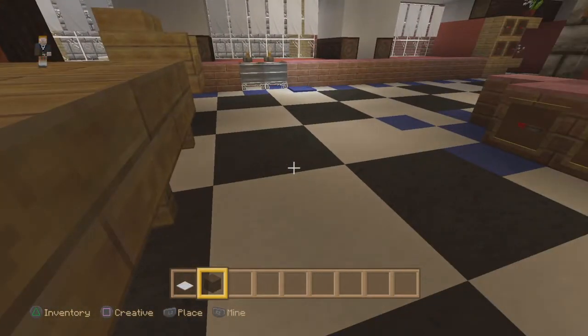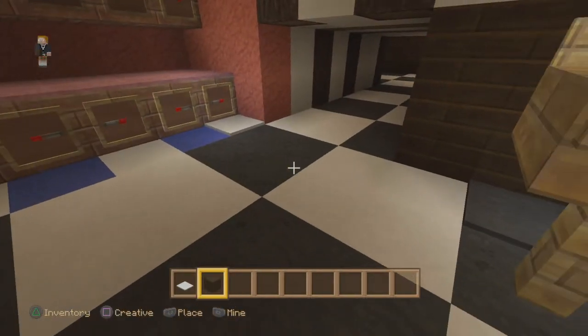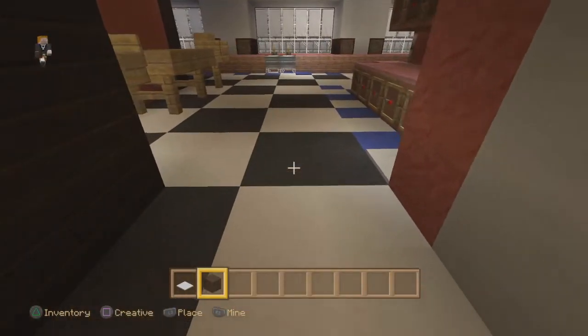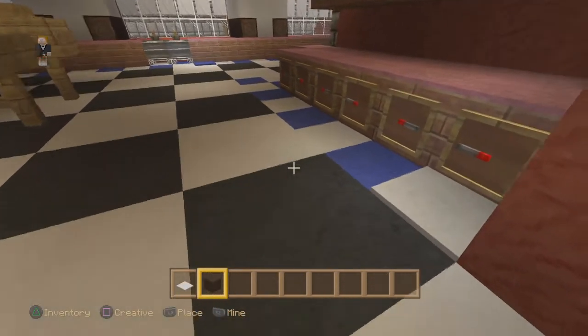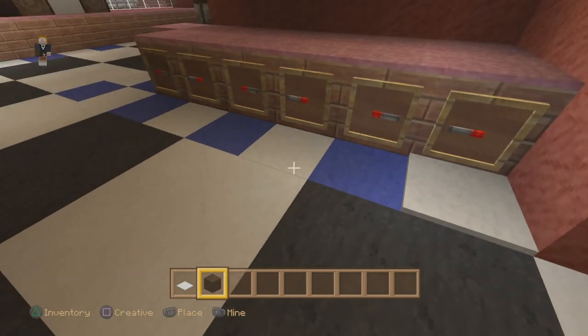Okay, so I swear to God, this floor is as it is in the actual game, which is you've got these massive black and white tiles, and then suddenly it just turns into smaller blue and white ones. Now, it's small blue and white ones in Tomb Raider 2 throughout the whole ground floor of the mansion, but